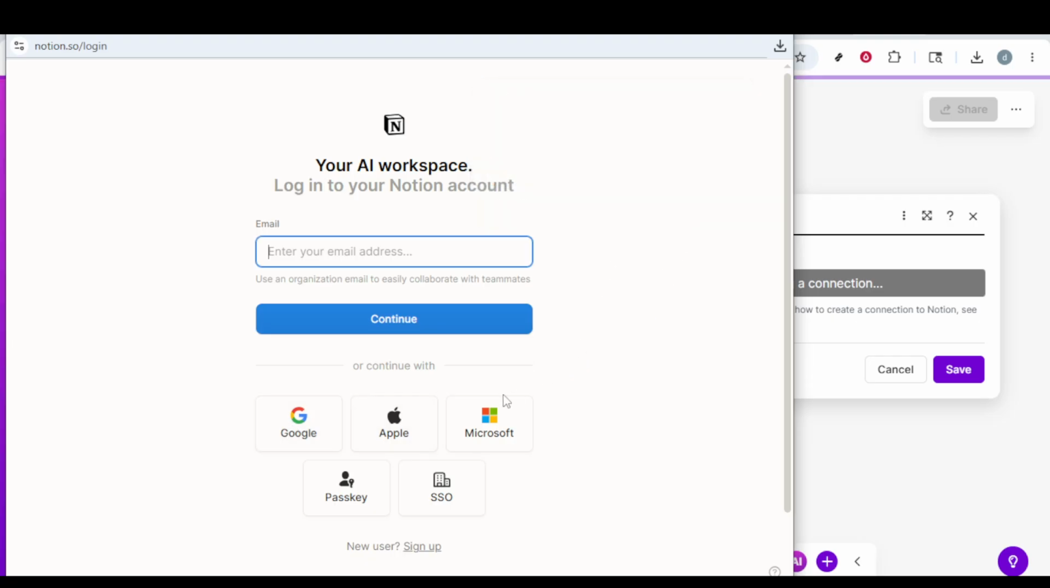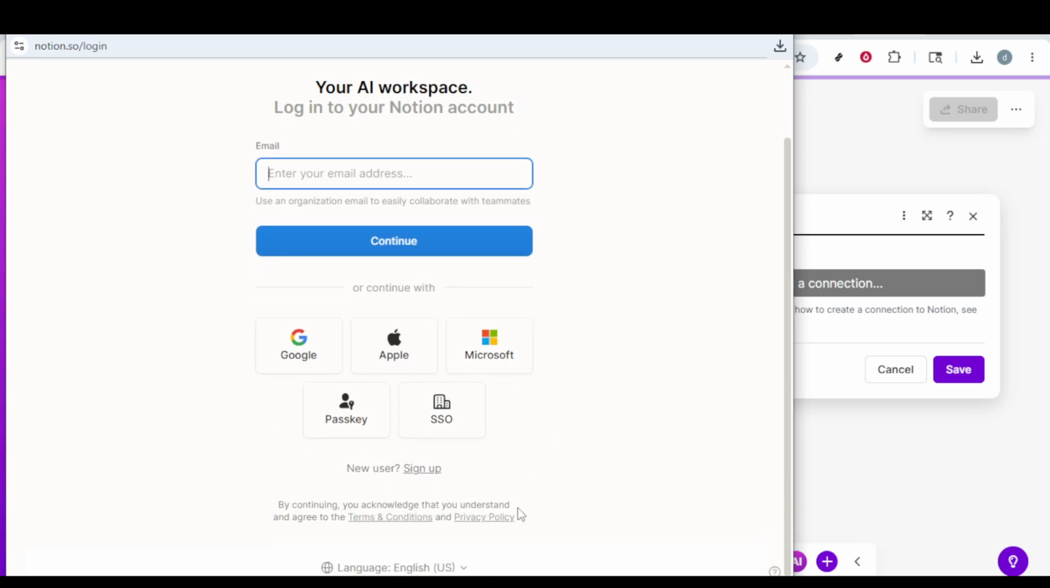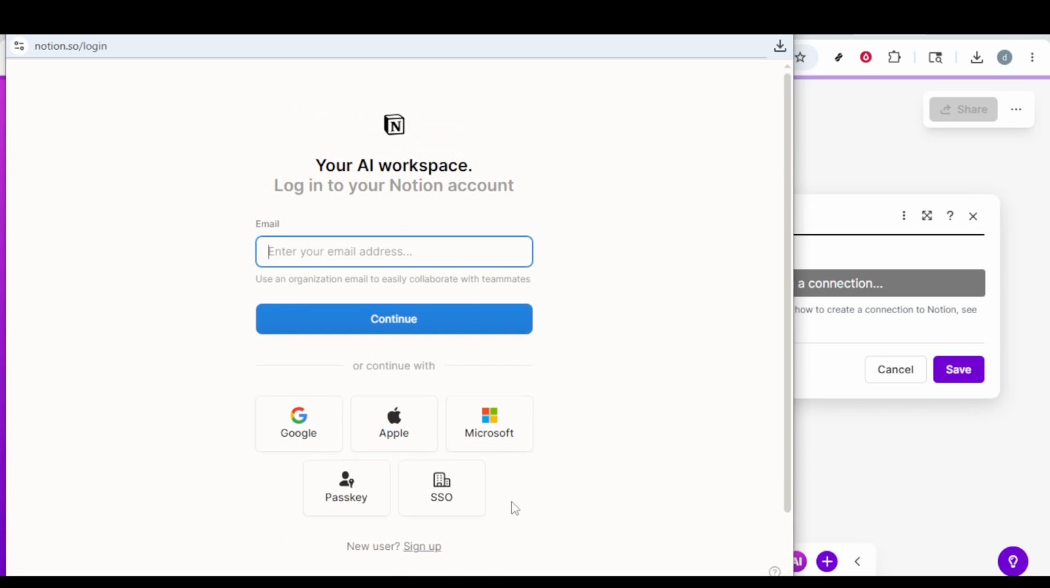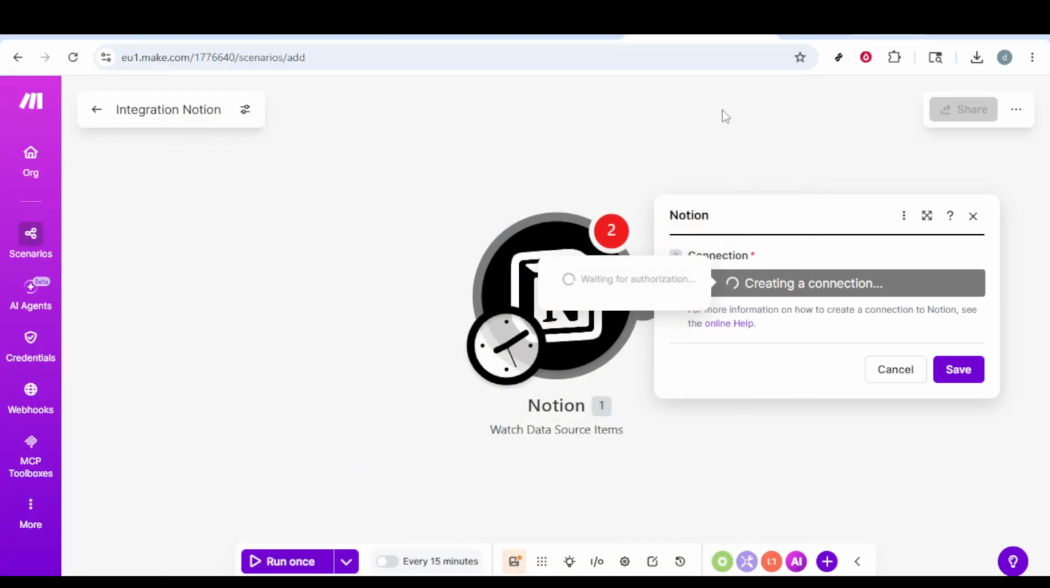If you want the automation to trigger based on changes in Notion, Watch Database Items is your best bet. Alternatively, if you're aiming to automate entries into your Notion database, opt for Create a Database Item. Once you've added the Notion module to your scenario, it's time to establish a secure link between Notion and Make.com by creating a connection